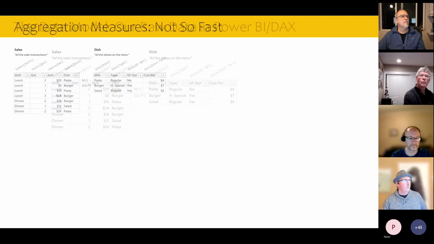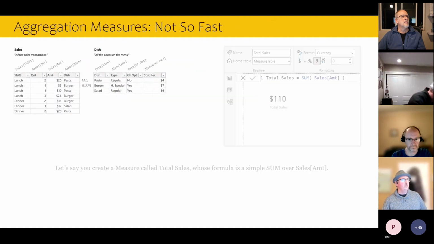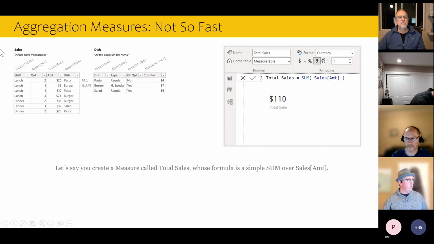Okay. So now what I want to do is imagine that we took this data that we loaded, we created the relationship, and we're going to say that we create a measure called total sales, which has a fairly simple formula. So the name of the measure is total sales, and the formula is the sum of the amount column in the sales table. Or said otherwise, it's kind of like summing up that column right there, right? So we go ahead, we add that measure, we drop it onto a card, we get 110 bucks. And if you were to get your calculator out and add all these up, you would see it is indeed